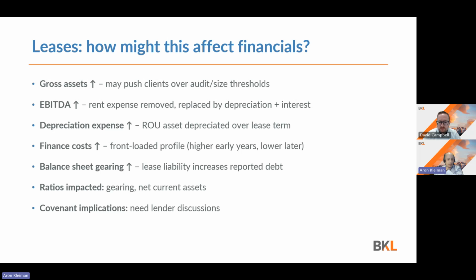So if we just hold this example in mind, how is it going to impact my financials otherwise? Gross assets are going to go up. I now have a right of use asset where previously I didn't have one before. And whilst we touched on earlier, company size thresholds have increased, overall my gross assets have also increased as a result of this change, bringing my right of use assets on. As I mentioned, EBITDA is going to go up. Rent comes out of the E, but it's replaced by some I and some D, some interest and depreciation.